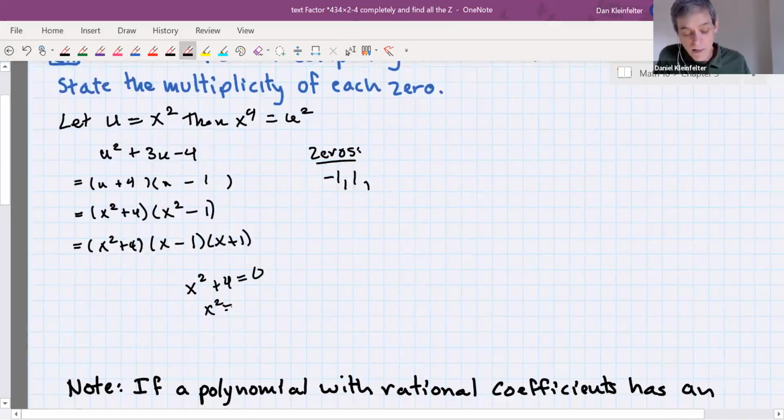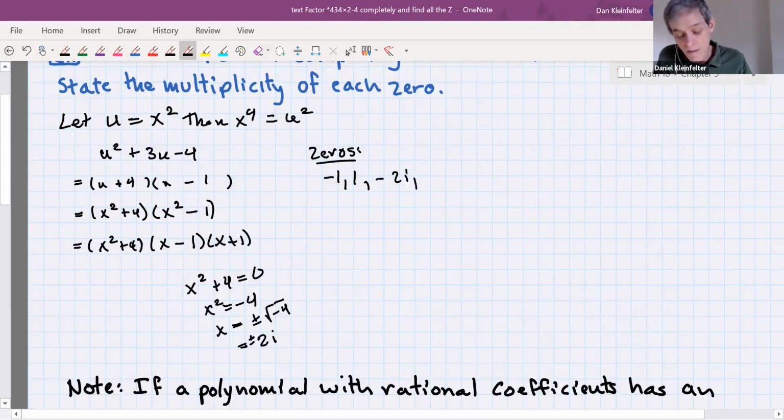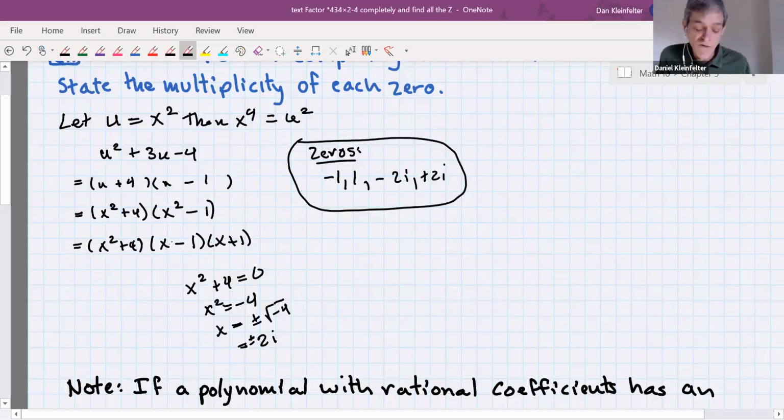So that x squared equals -4. So taking square roots, x will be equal to plus or minus the square root of -4, and that is plus or minus 2i. So we'll have minus 2i, plus 2i. So you'll notice here we had 4 zeros, and we had 3 factors if we just leave our coefficients as